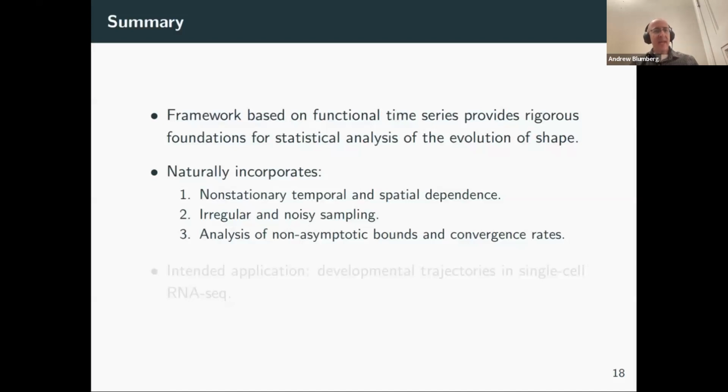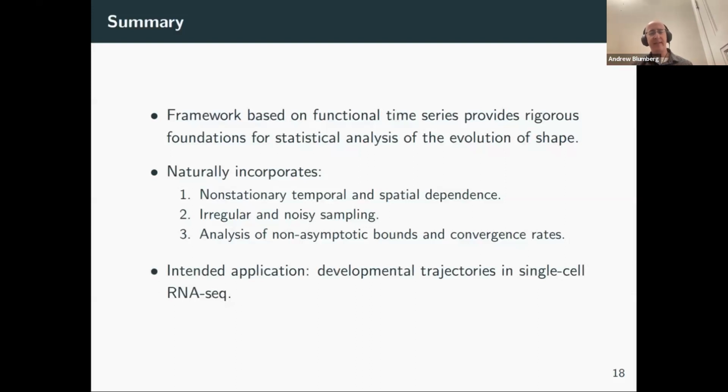And for me, and this is just a function of my personal interest, the application that I want to use this on most is developmental processes in single-cell RNA-seq. Understanding non-stationary behavior, which you expect essentially in any developmental process, but then also, in subsequent work, we would be trying to detect breakpoints and information about the dependence structure, which should inform you about the developmental process.